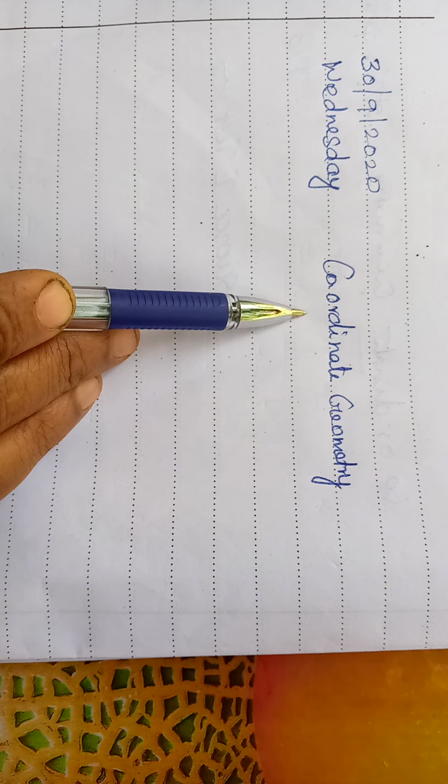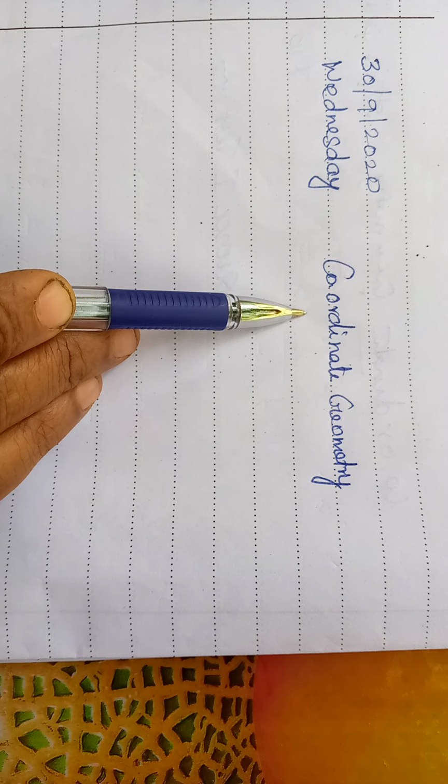Okay, now let's find out the distance between QR. Distance between ST we have found, then we are going to find out the distance between QR. For that we have to use Q and R points. What is Q? Q is (C, D) and R is (E, F). Here x1 equals C, y1 equals D, x2 equals E, y2 equals F.